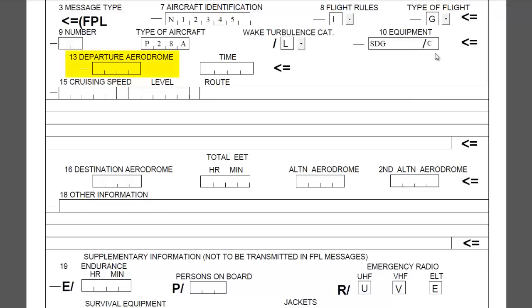Box number 13 is the departure aerodrome, which means your departure airport. This is where you put your departure airport, and the line after that is where you put your estimated time of departure, just like you would with any other flight plan. So you'd put your 4-letter identifier of the airport in box 13 and the estimated departure time in Zulu time